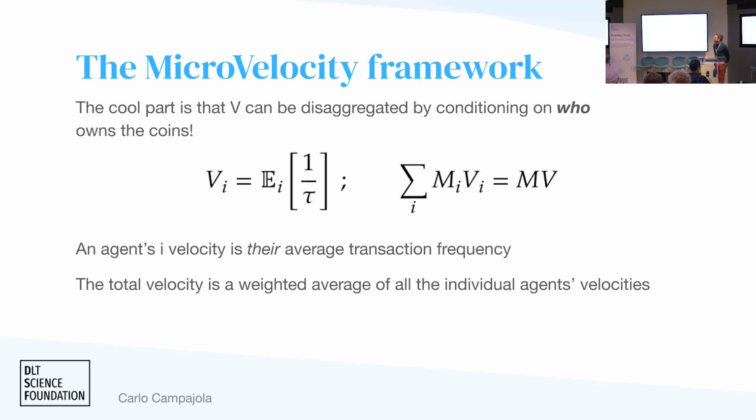Cool thing is that this can be disaggregated, because if you condition instead of on any coin, you can condition on ownership of coin. You know where a given coin is at any time on a blockchain. So now I can not only measure the average velocity of money, but I can measure the average velocity of Carlo. So my coins are going to have an average velocity of money, which is different from the average velocity of money that Java's coin had. And this is exactly what I'm showing here. So the average velocity on the left for my own coins is going to be like that. And the nice property is that it all sums together to the total velocity just by a weighted average.